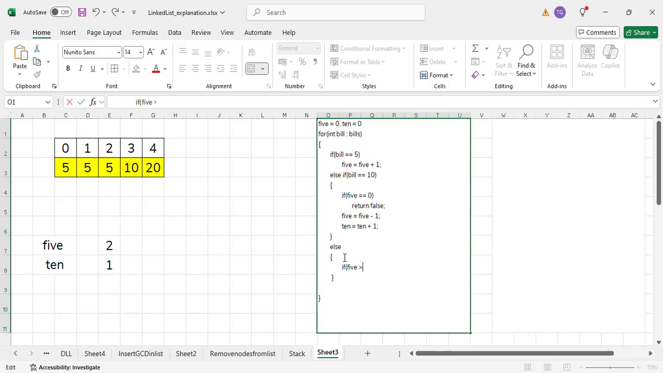So if 5 is greater than 0 and 10 is greater than 0, which means I have at least one $5 and one $10, in that case, I'll decrement the count of $5: 5 equal to 5 minus 1, 10 equal to 10 minus 1. This is one scenario. Now, there can be another scenario where I will not have $10, but I might have